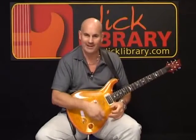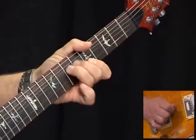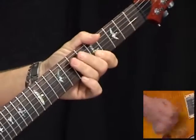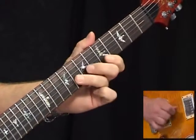Again, we're making the lick fit the phrase. Okay, triplets, 3 notes per beat: 1, 2, 3, 4. Another one would be, just for example, 1 and a 2 and a 1 and